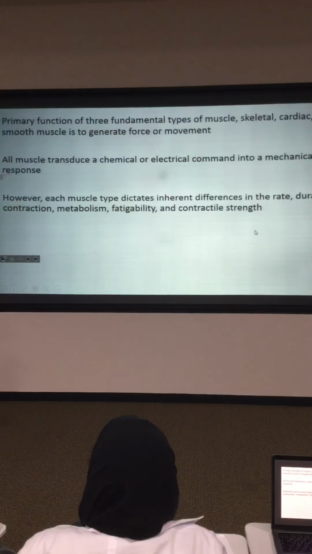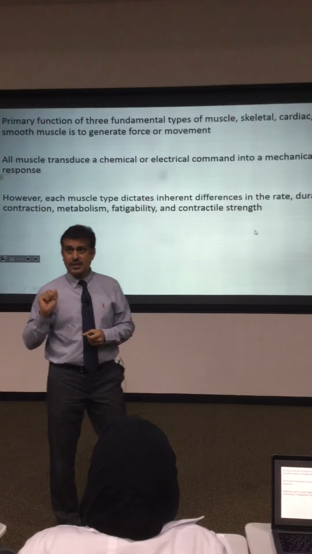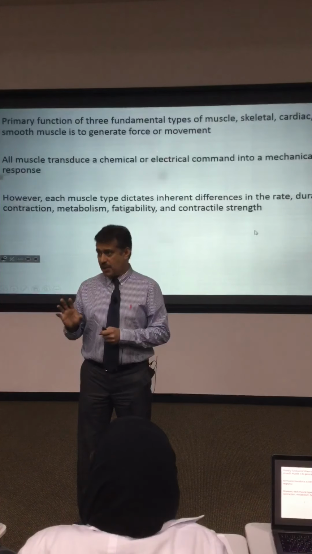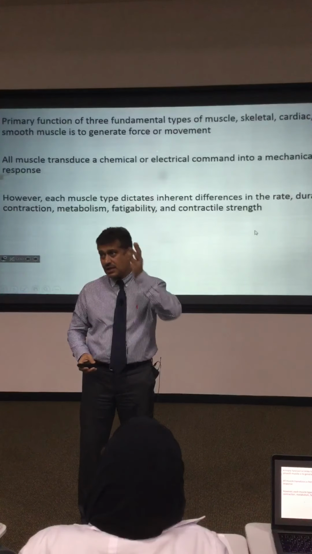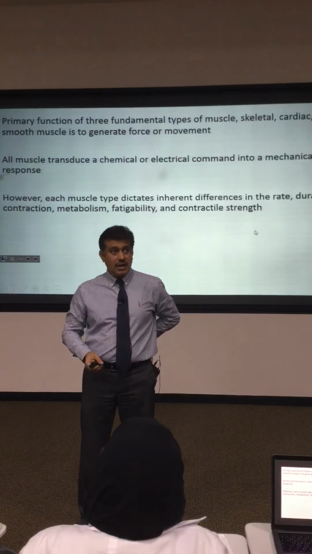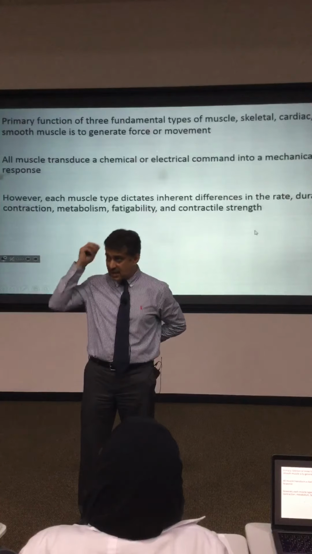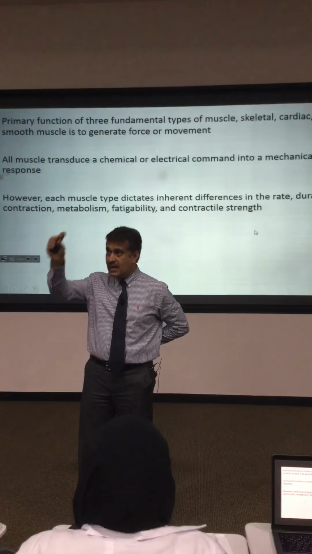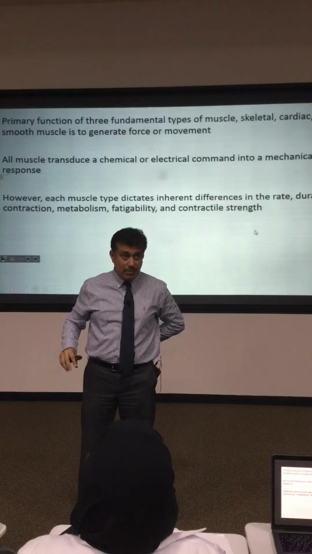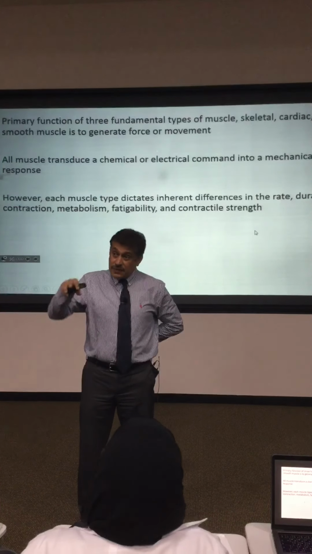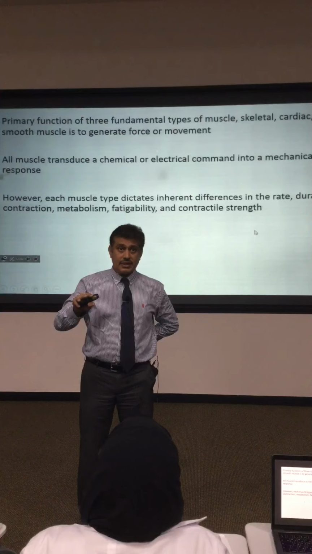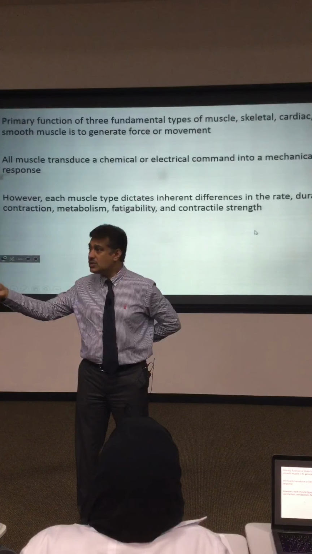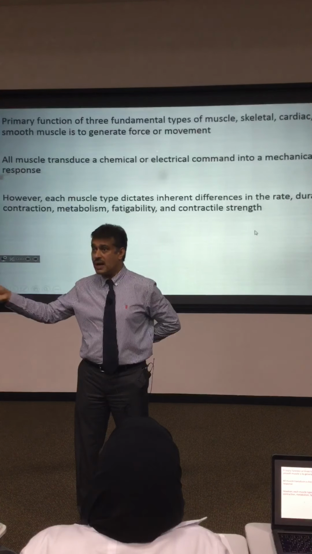Why? Because you must have seen people who are paralyzed, right? Whatever the cause may be, in a battlefield they may have got a gunshot in their spinal cord, through which the commands and the signal from the brain are conveyed to various parts of the body. So if this route is interrupted, muscles don't get the command to work, they undergo paralysis